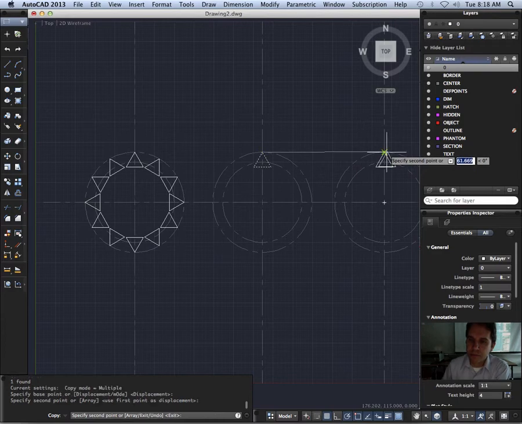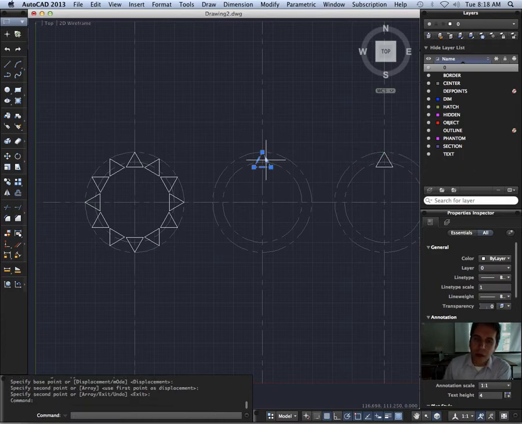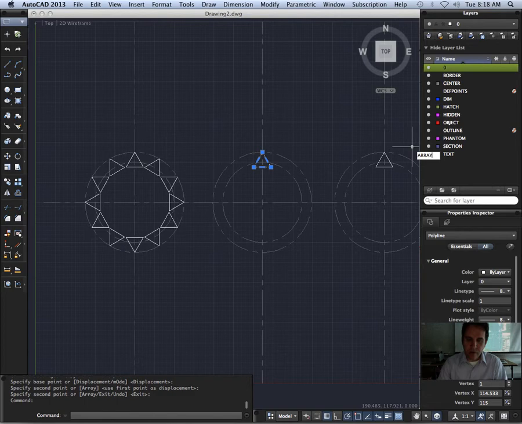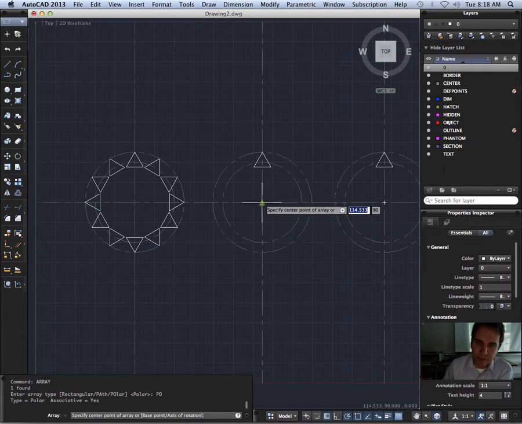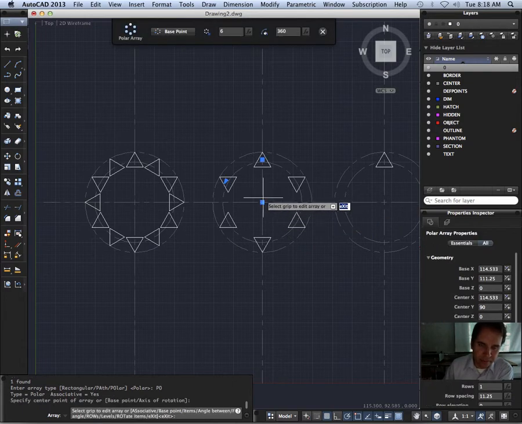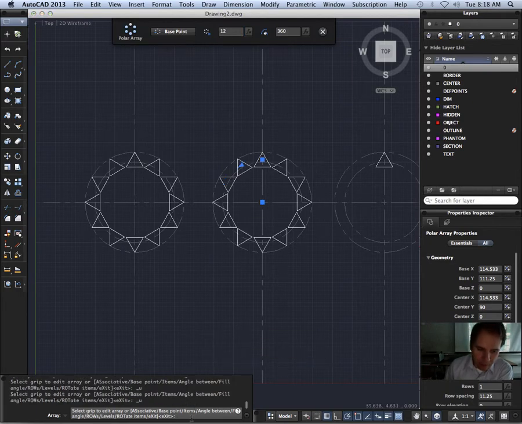Here as well. All right, so this one again, we're going to do our array and polar. And this time, select our axis here. We're still going to do 12. But